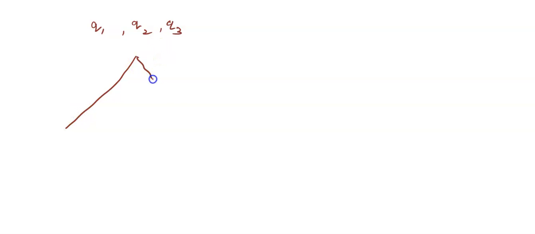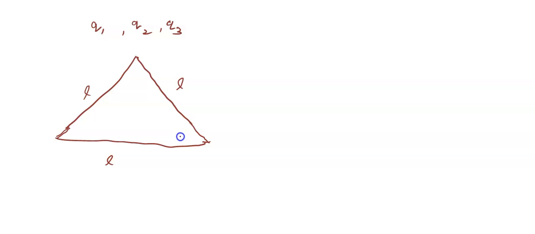So what is an equilateral triangle? A triangle whose all three sides and all three angles are equal. And the angles are equal to 60 degrees, right? So this is an equilateral triangle, and Q1, Q2, Q3 are the three charges which are kept, and the side of the equilateral triangle is given as L. L is the side of that. Okay, right?